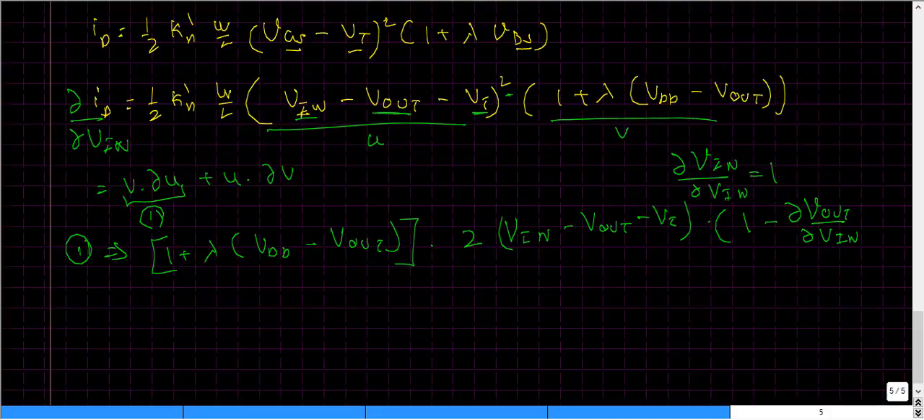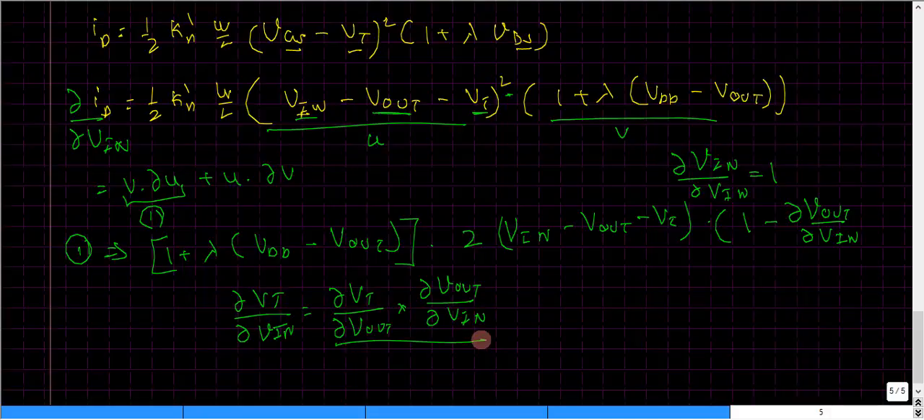Now, this vt is nothing but the partial derivative of vt with respect to v in, and we can also use the chain rule to represent the same expression. So using the chain rule, we can write it as the partial derivative of vt with respect to v out, multiplied with